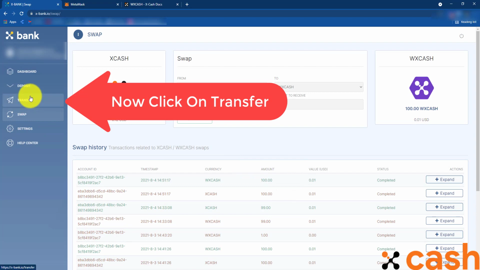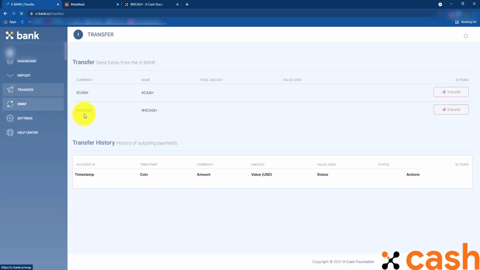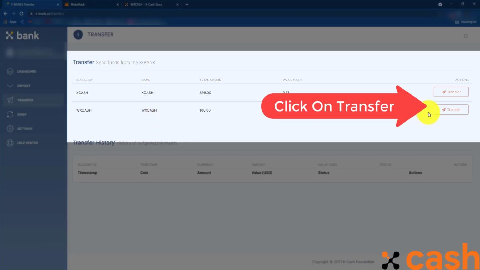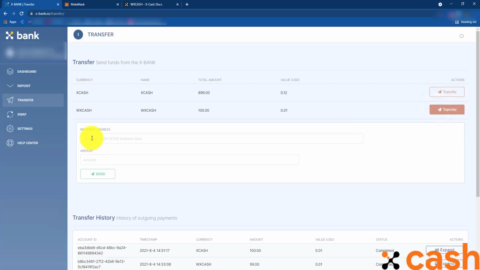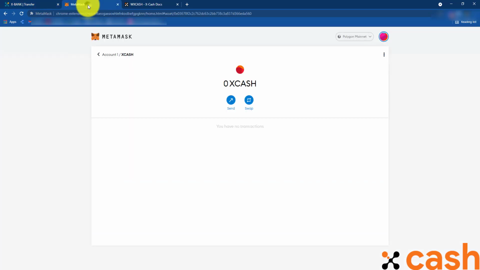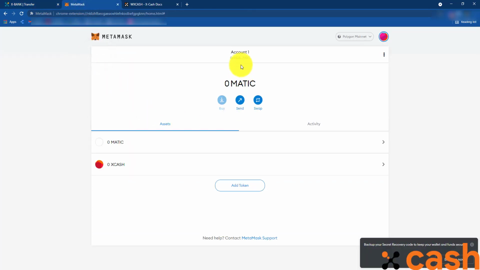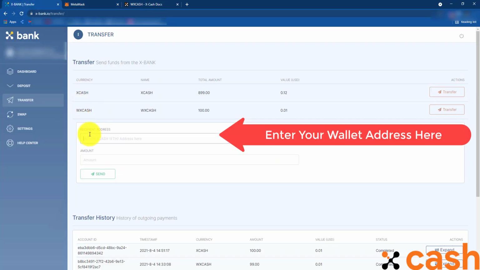Now click on Transfer. Enter your wallet address here.